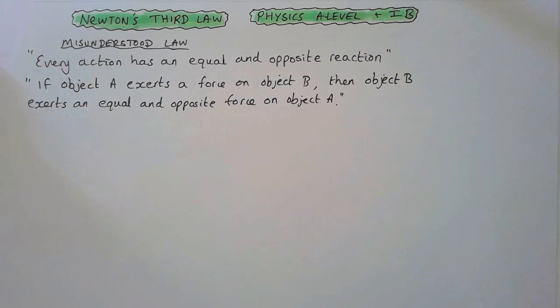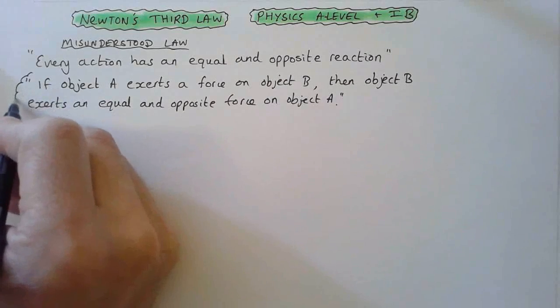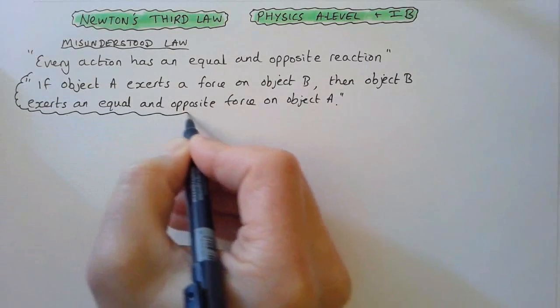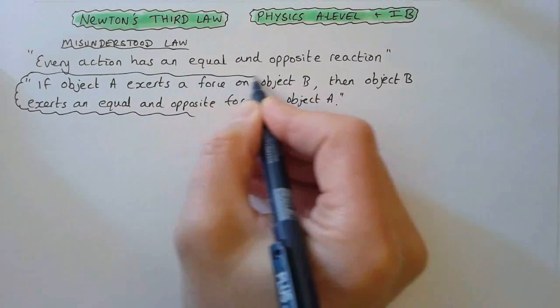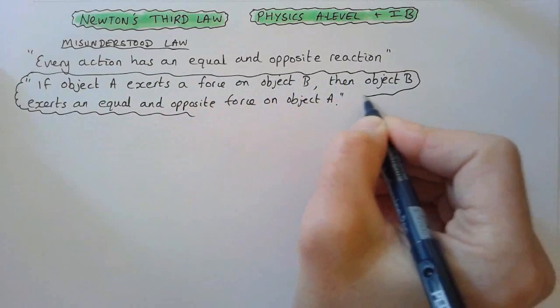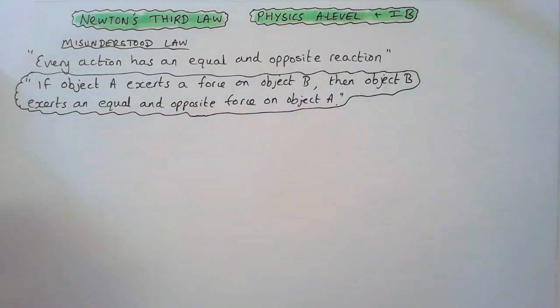If object A exerts a force on object B, then object B exerts an equal and opposite force on object A. So I recommend this one is the best one to use, and indeed A levels and the IB utilise this expression